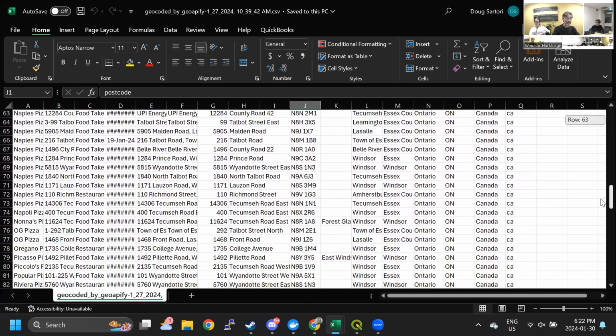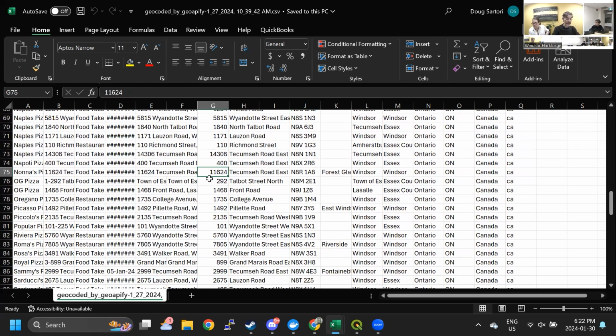Now, one thing that we're not seeing missing here is street addresses. And the reason that there are none missing is that I went back and I cleaned up this data. I found the locations that were not fully encoded. I corrected the address. I went back and used a manual geocoding tool in which you can enter the address into the web browser and cleaned it up. I had to do that. It took about 20, 25 minutes just to get this data into better shape. And then we end up with something that has